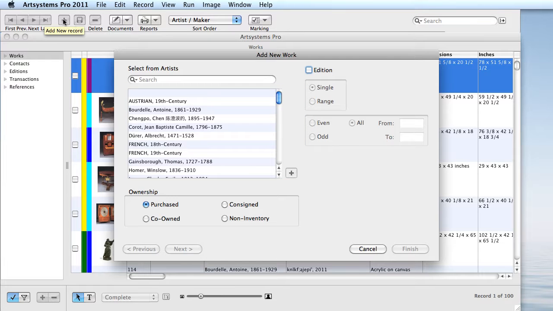Then select the ownership status of the work we are entering. The ownership choices are purchased, co-owned, consigned, and non-inventory. For this tutorial, we will be adding a new artist and enter a consigned work. So I'll select the consigned option, and to add a new artist, click the plus button located to the right